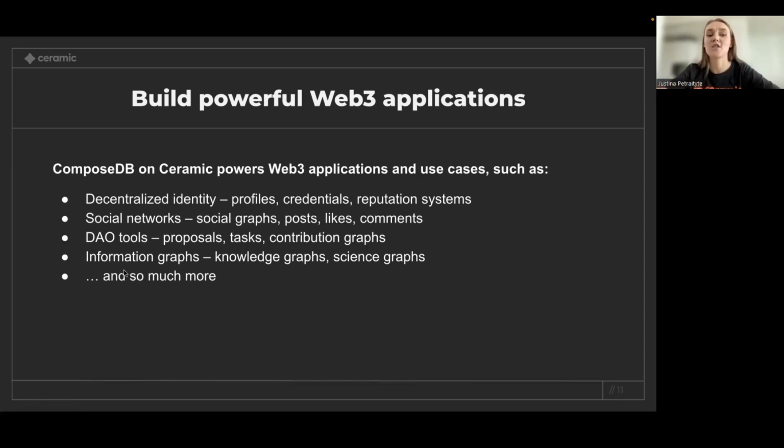And then we see a lot of traction from DeSci, for example, that are dealing with a lot of data and science graphs, so applications that are built around those kinds of things. We also get a lot of interest from users building Web3 gaming applications and others. So there is really no limit for what kind of apps you can build. For this hackathon as well, we'd really like to see some creative ideas and interesting approaches for DAOs and DAO tooling.